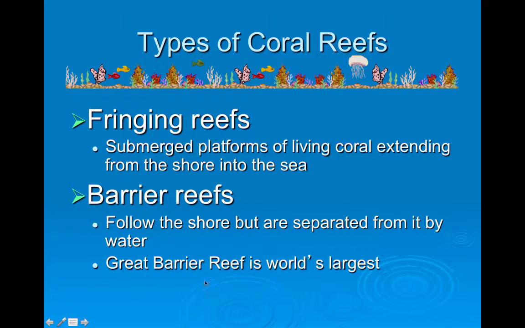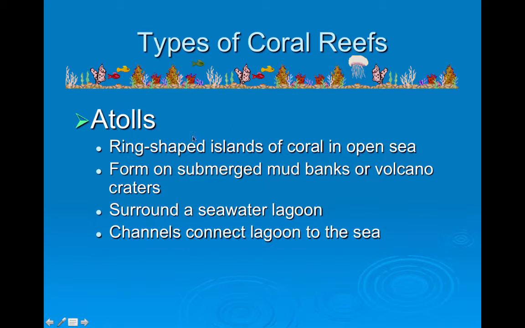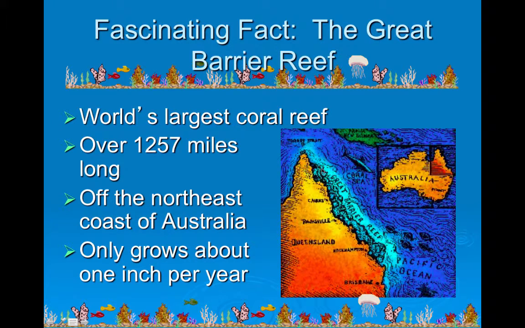All right, types of coral reefs, just be aware that they can start from the shoreline and go out. They can be separated from the land that it's associated with. It's usually an island it's associated with. Be aware that the Great Barrier Reef off the coast of Australia is the world's largest. Then an atoll is one that circles an island. That can be problematic because people like to come to and from the island and ship things to and from, and so people have a tendency to blow up part of the coral reef so they can get their ships in and out.